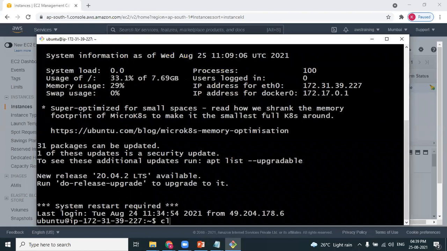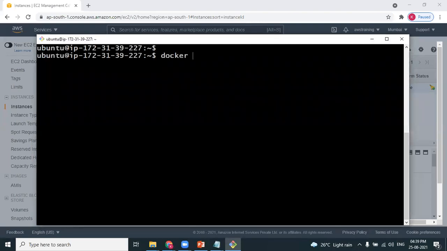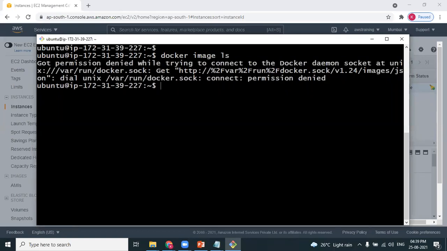Connected. How to see the list of images? We should always shift to the hash prompt.